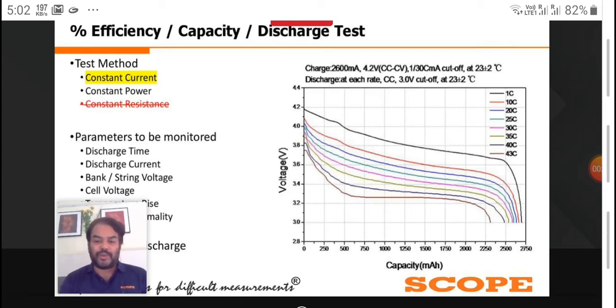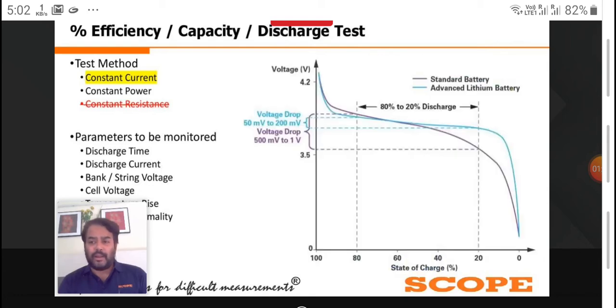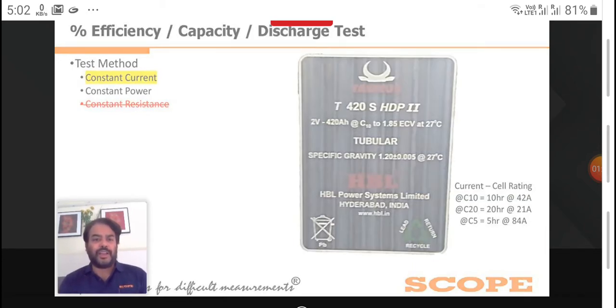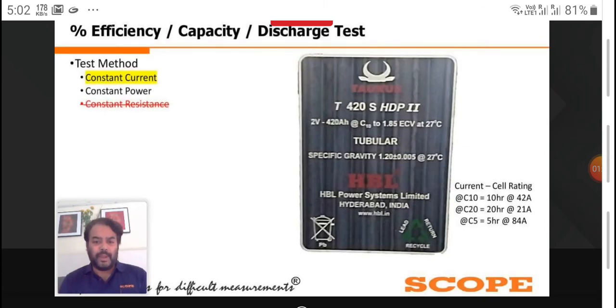And when it comes to the other questions asked by various people, they have asked about C10 or C5, to explain once again. That means when we are talking about the battery rating, I believe it will be available. Yeah, it is available over here. It is mentioned as C10. Let me change the color so that you can understand it. So here it is mentioned as C10.